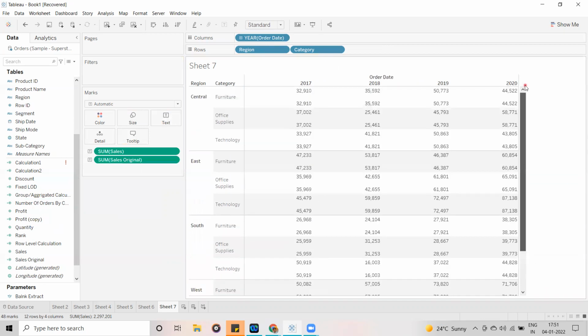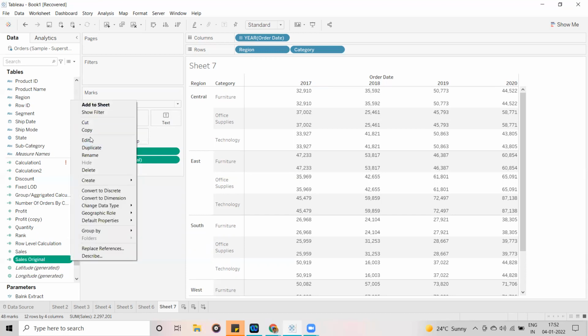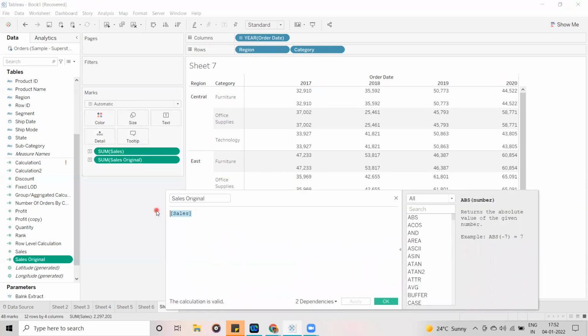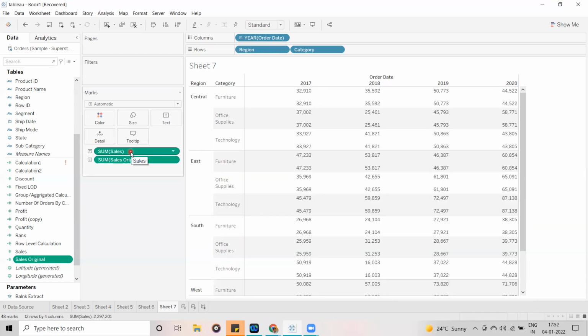Here you can see again I am using two values for each row, like office supplies, two values. One is sales. Both are showing the same values because it is the sum of sales, whenever duplicated, so it is going to take the sum of sales value only. Here you can see the duplicate sales original. You can edit this field. Now you can see sales only. Instead of showing one value, we are displaying two values, the same value.